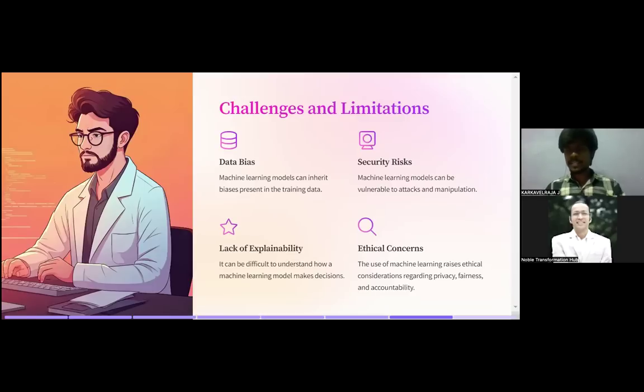Okay, finally, ethics concerns. The use of machine learning raises ethical considerations regarding privacy, fairness and accountability. That's true, guys. Whenever data is given to you, the major things that a client or anyone giving you data is going to ask about are security and then ethics. So you need to treat your data in a very safe manner, so that it is not vulnerable or leaking. You need to have your data very secure before you go for analysis.